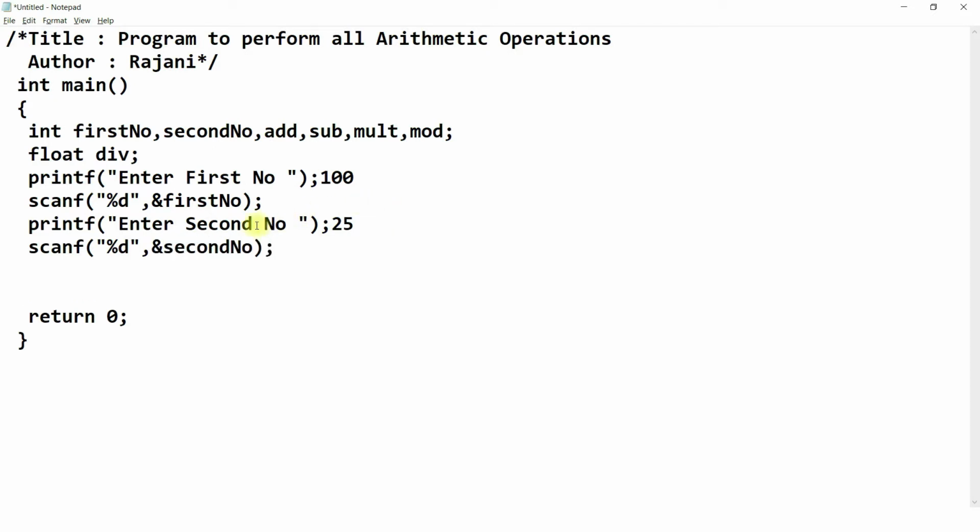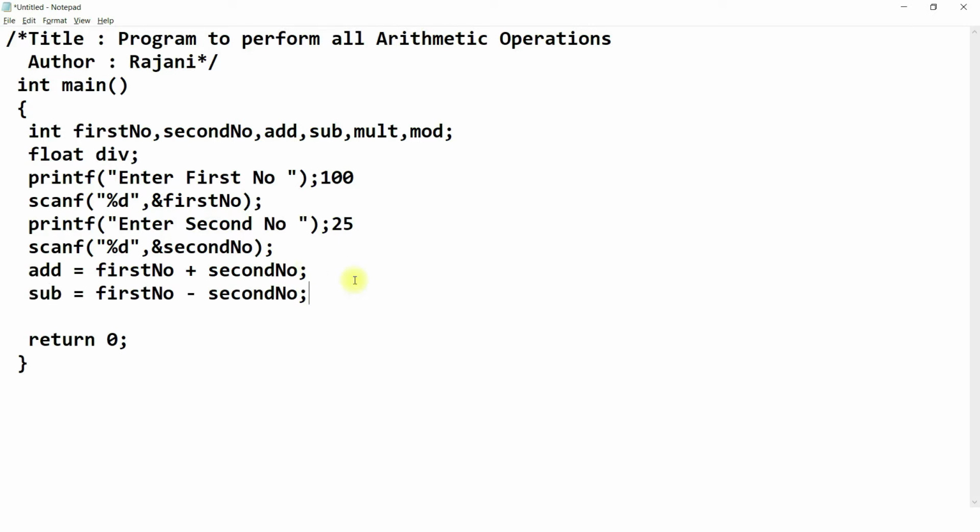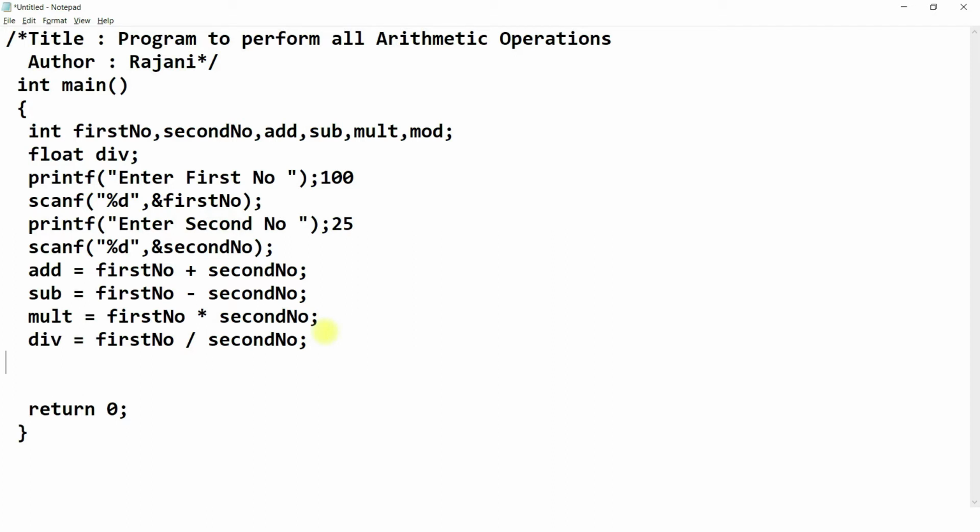Now we need to do addition, that is first number plus second number, and store it onto the variable add. We should give the assignment operator, first number plus second number. Now let's do subtraction, let's do multiplication, let's do division, let's do modulus.